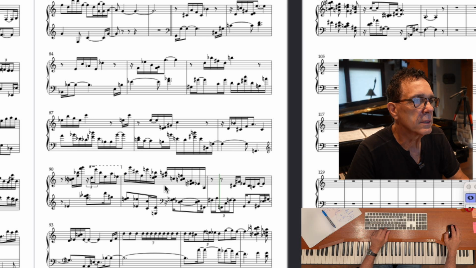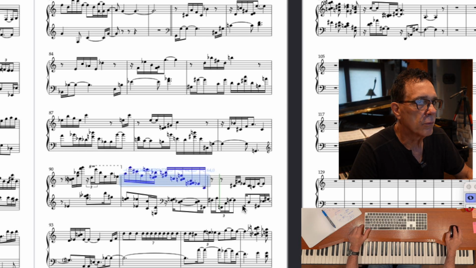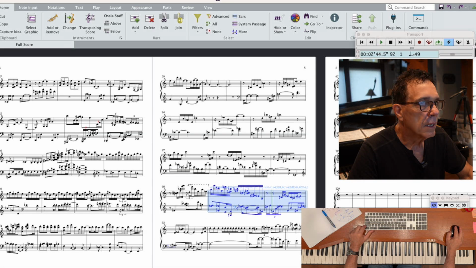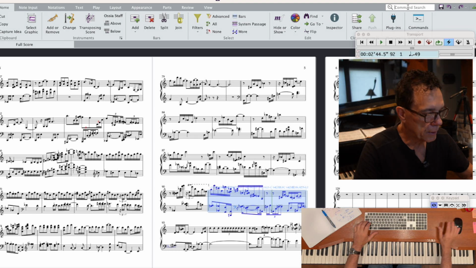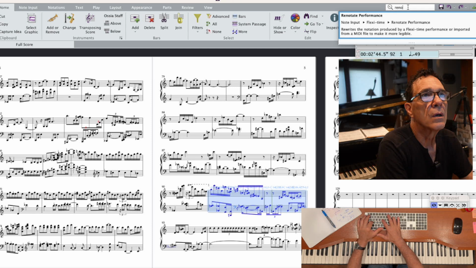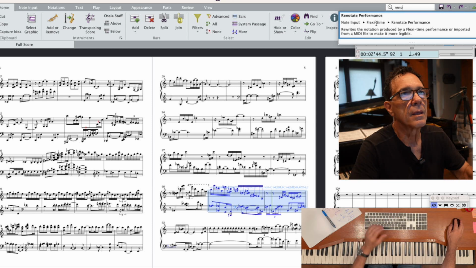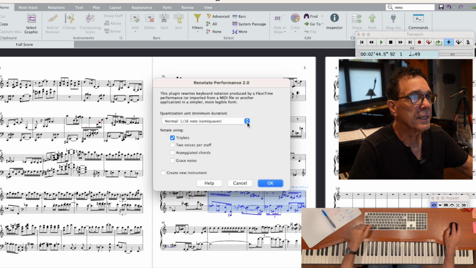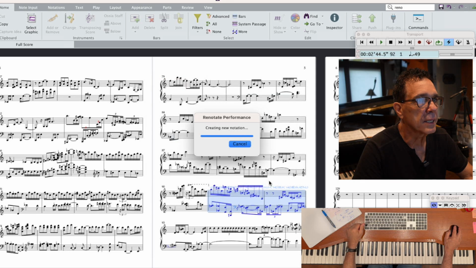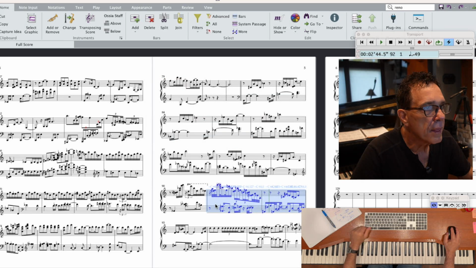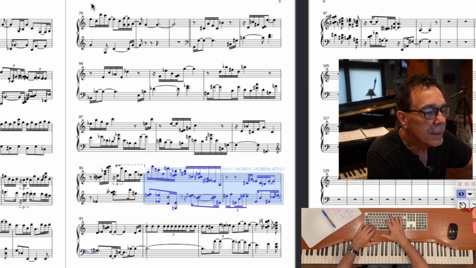So I'm going to see if I can rewrite or re-notate this. I'm highlighting those bars, going to Re-notate Performance, and I don't know if it'll let me this time, but I'm going to see if I can do it to the 32nd note. So by quantizing this to the 32nd note,